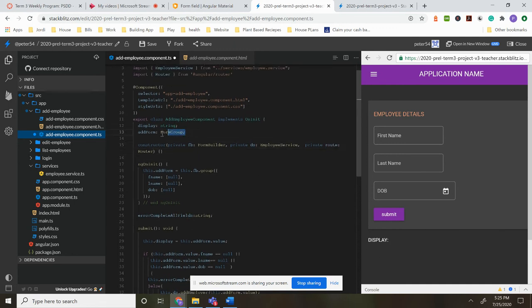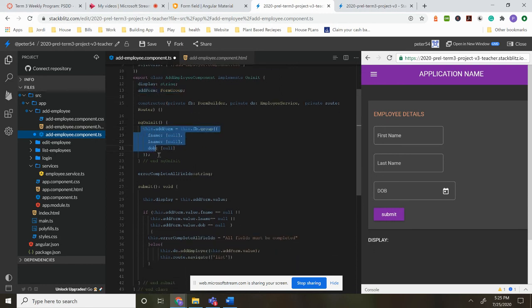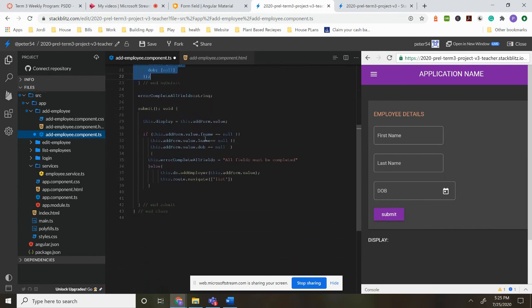Then we create a variable called add form as a form group. We define each of the fields in that form group there on initiate. And then really, that's it. When you click the submit button, you can grab them all there. And then we do some simple